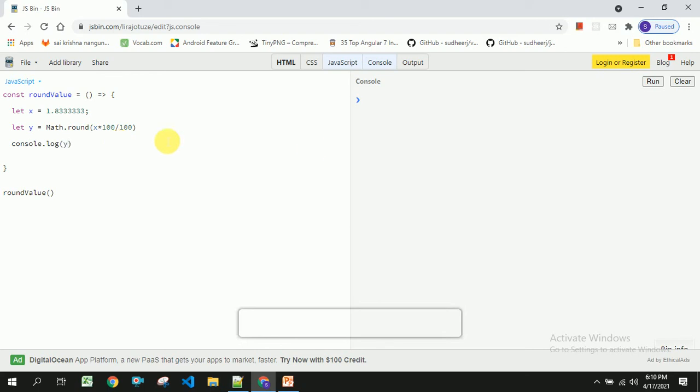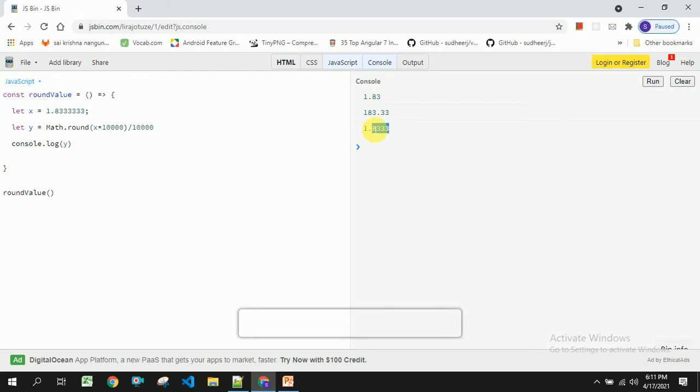Here by mistake I have placed it inside the braces, so you have to place this outside that. So once we run this, you should be able to see the value. Now you can place 100 or 1000 anywhere. So in this way you can round the value.